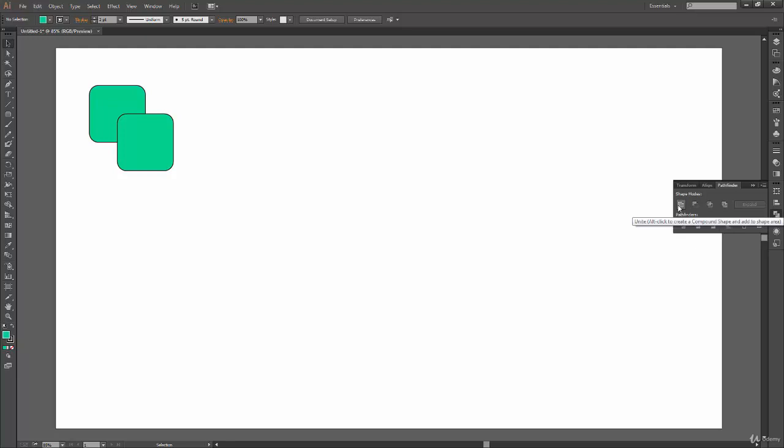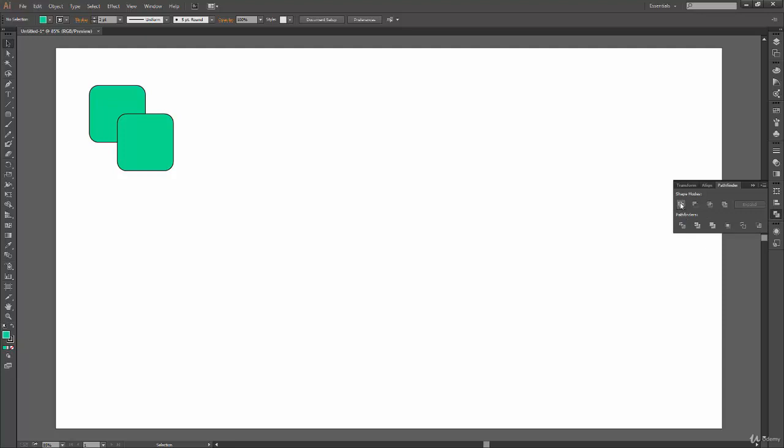So let's go with the first one, which is called Unite. As soon as I hover over this icon, I get a tooltip, and here it says Unite, and it is written there: Alt-click to create a compound shape. Now we already learned about compound path, so it will be easier for us to understand what it is actually saying.